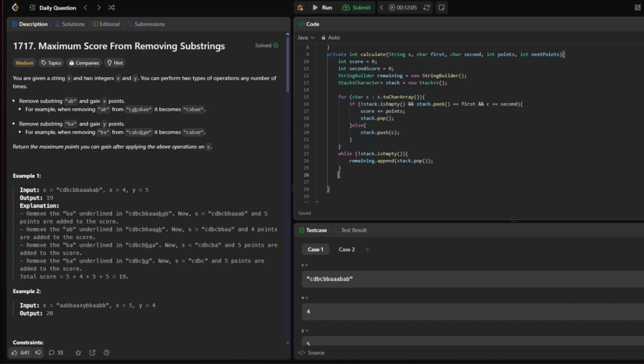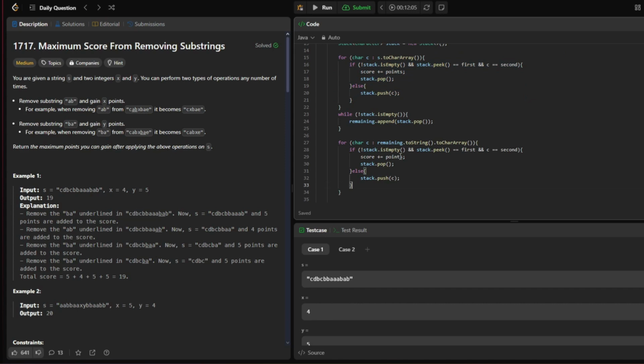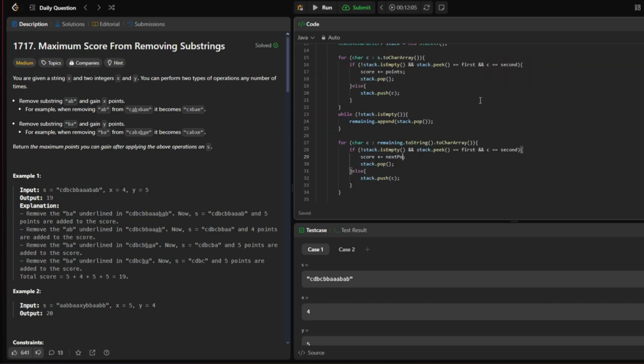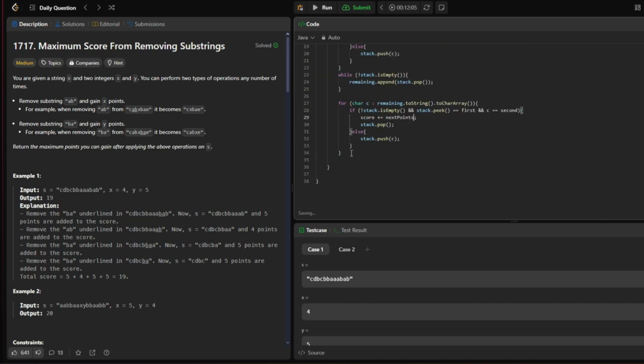So what we're going to do is for char C in remaining dot toString dot toCharArray. Seems tedious, but it gets the job done. And all we're going to do is simply copy exactly what we did before, but instead of our first set of points, we're going to use next points, add it to our score, and we simply should be able to return our score. So if we run this,